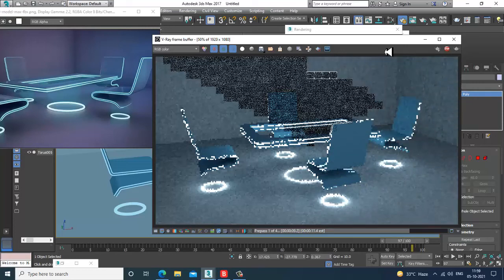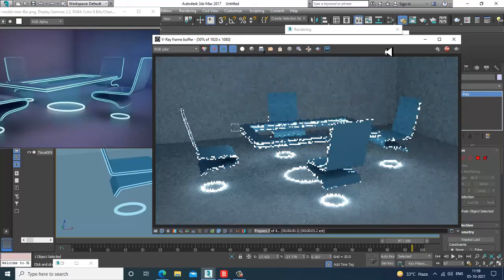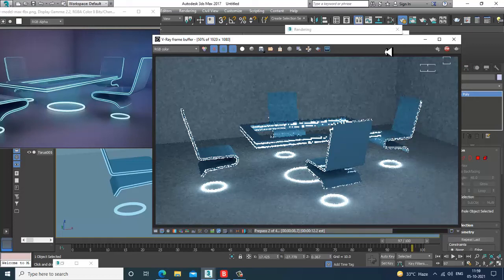As you can see, let's just render that. We can reduce the light material's intensity if required. We'll see the output over here.